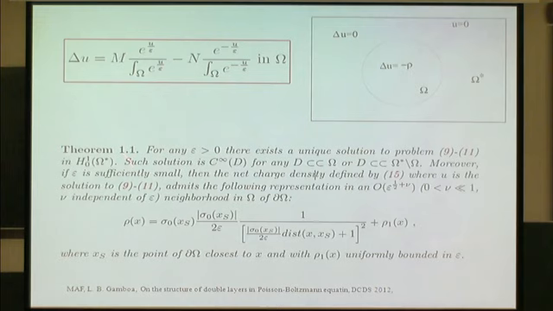And now this theorem that I proved with my student Lucia Gamboa says that this problem has a unique solution, which is smooth both inside the drop and outside the drop, and the volume charge density inside the drop is, at leading order, this quantity that depends on the surface charge density for a perfect conductor, so in the limit when epsilon is equal to 0, which is the problem I was solving 10-15 minutes ago, and this quantity involving the distance between points inside the drop and the surface, up to an error ρ1 which is small.